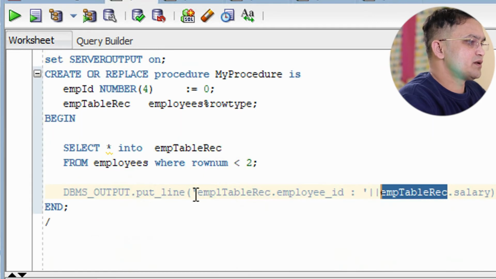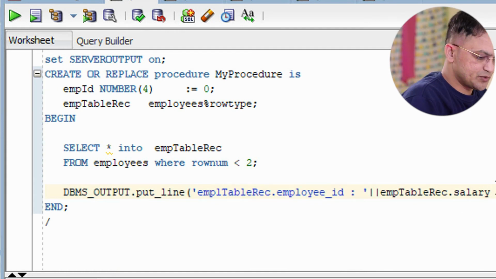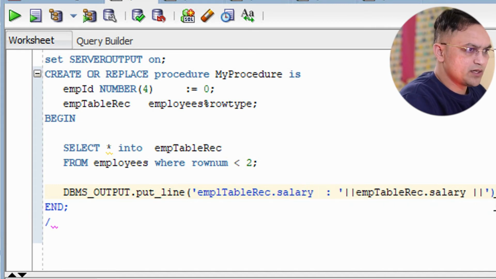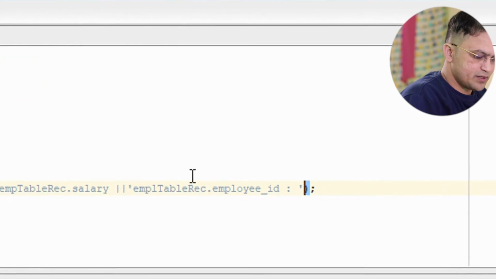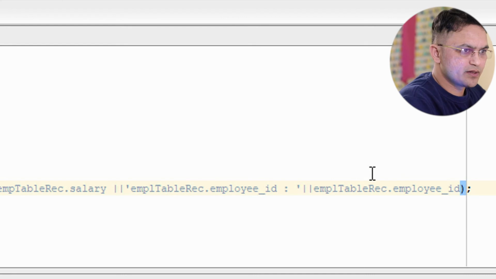Now let's say for example I wanted to display this one also. Okay, so how you can declare. So over here I need to give the salary. Okay, and over here I need to give the like this. Okay, now let me compile over here.